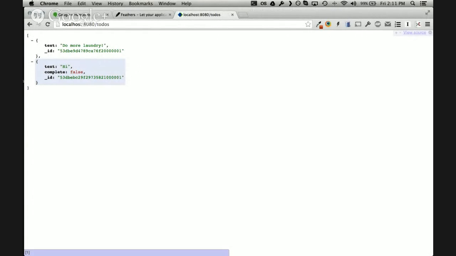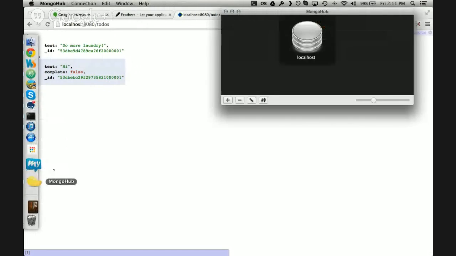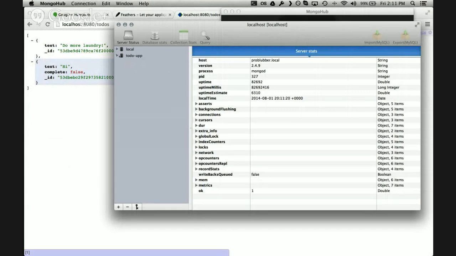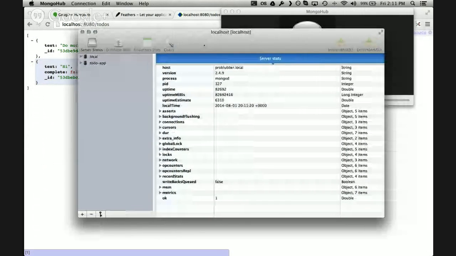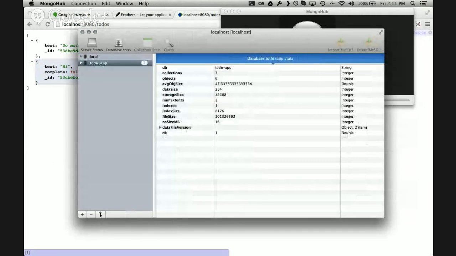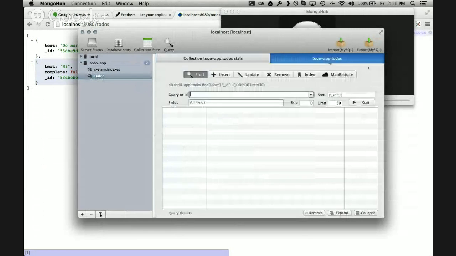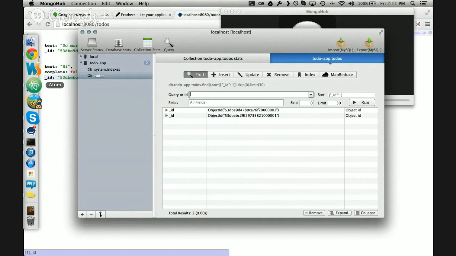There's already some stuff in there because I've been playing around with the database. This is a MongoDB client, Mongo Hub. Here's our to-do app, and here's our to-dos database. If I query it, there's already some things in there. But basically what I get is a full REST web service on this to-dos route that talks to MongoDB directly,